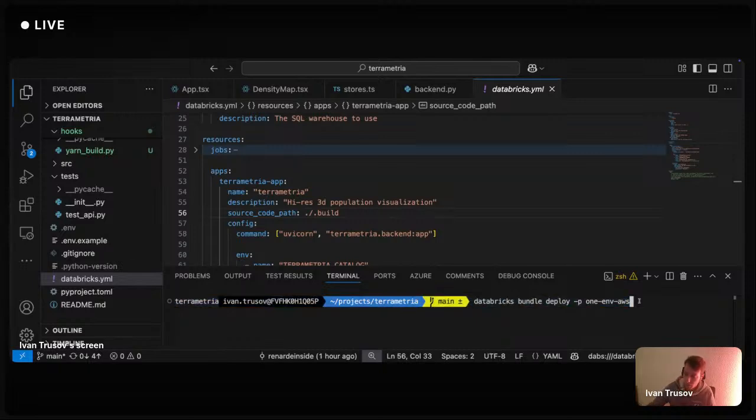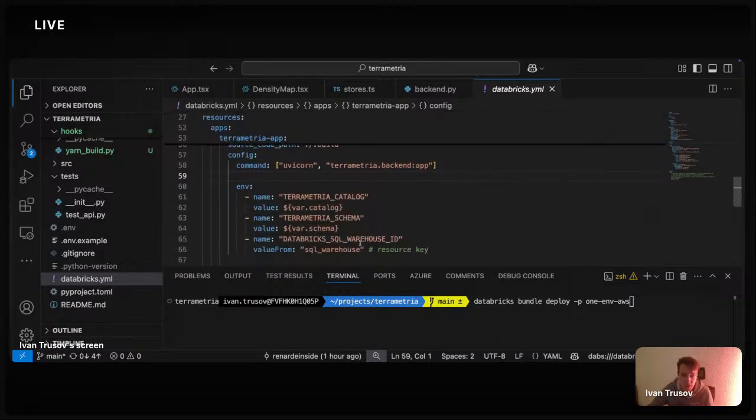Indeed, for more complex use cases, you may consider using something like Terraform, or you may consider using some other solutions. There are many options, right? What I want to highlight is that for the simplest case, if you don't know Terraform, a YAML file is a very convenient way of doing this.